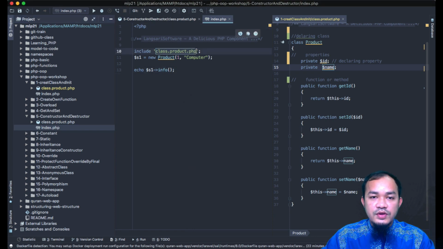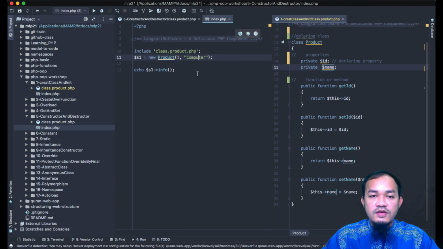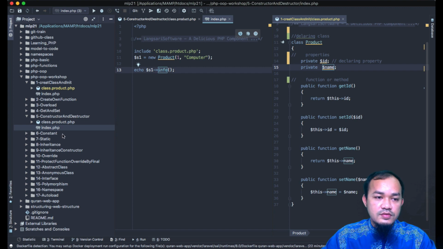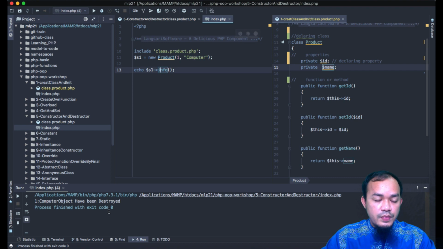First we have to include, remember this one, the class.product.php, and then we instantiate the class to be an object. And then remember we have two variables, right? The construct receives two arguments, ID and name, so we have to fulfill the requirement of the class and the method. Then we echo from the method info. Try to run this one. We should get